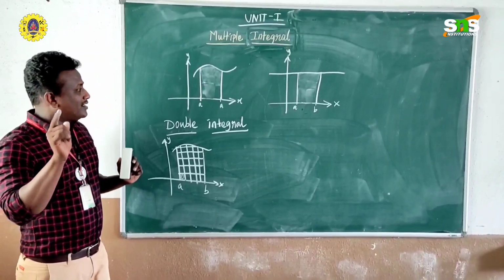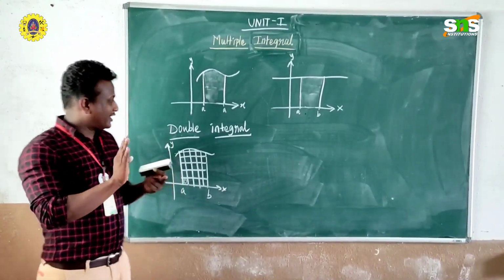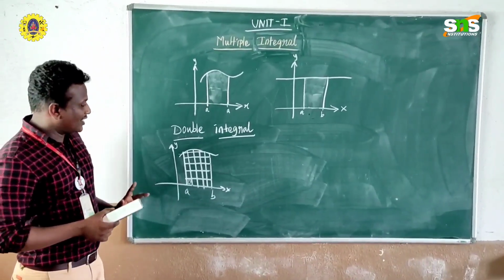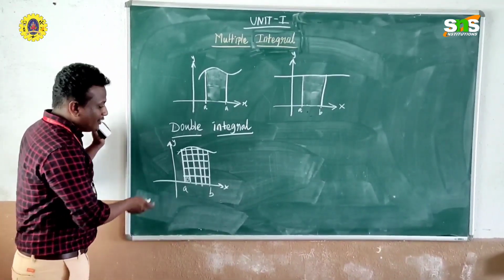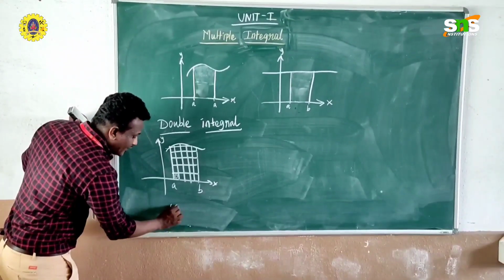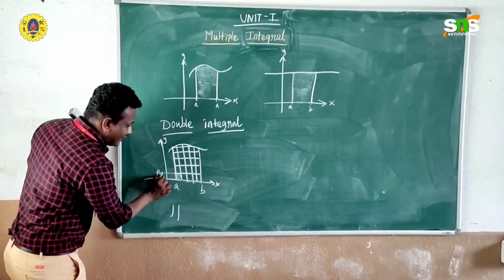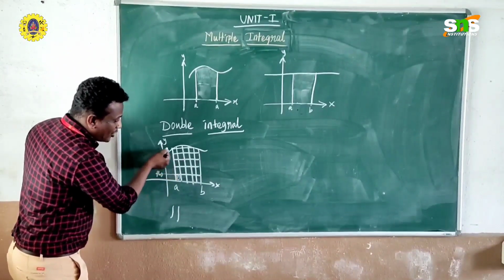So remember, both single integral and double integral we can use only for finding the area of an irregular region. But when you apply double integral, we follow both directions, towards the x and y axes. So it is denoted by the double integral. At this point it is f of a. Similarly, this is f of b. Like this, you can give a number of points.